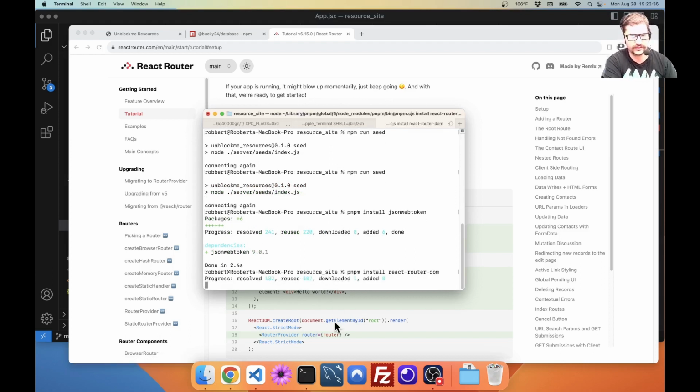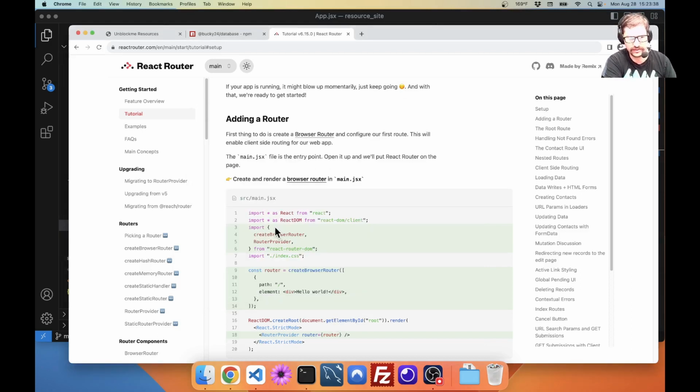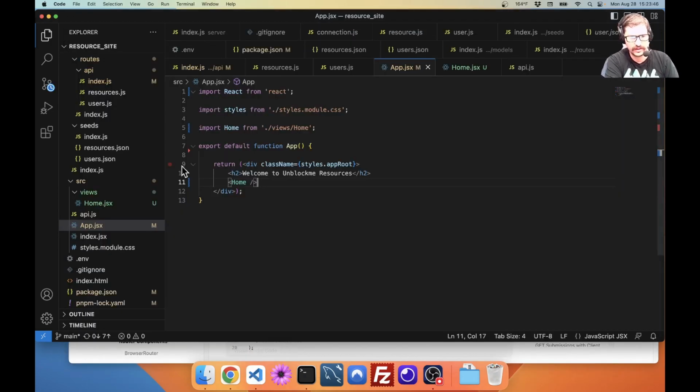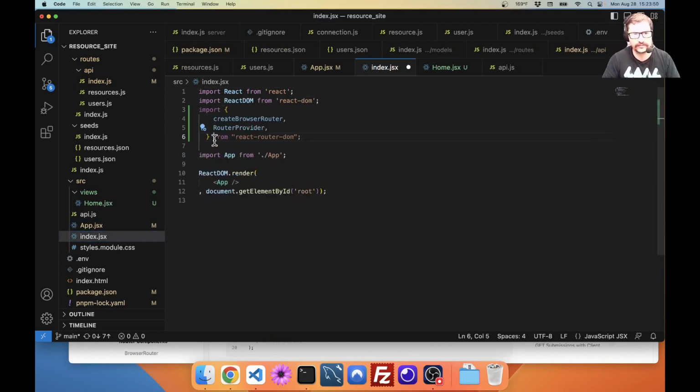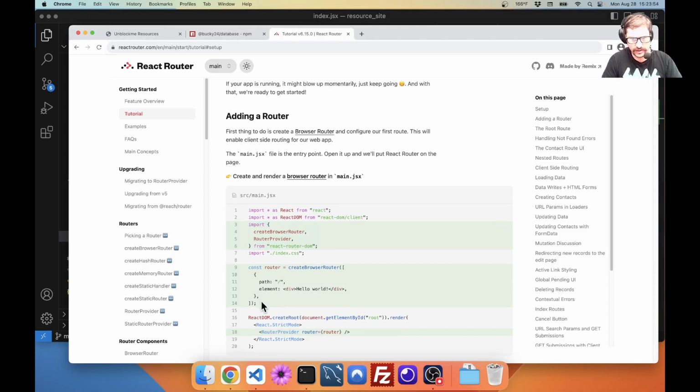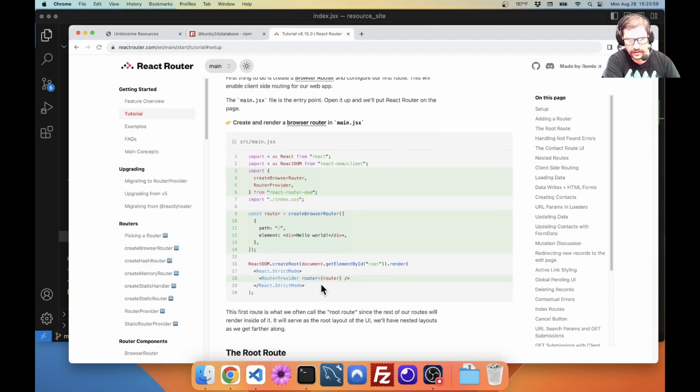Oftentimes when you're getting a tutorial like this, you can figure out what you're doing just by getting down here. Like I can see, this is probably what I want. The create, this is in my main. So I'm going to go into my index, pop this in. Okay. And router, create browser router. I think,